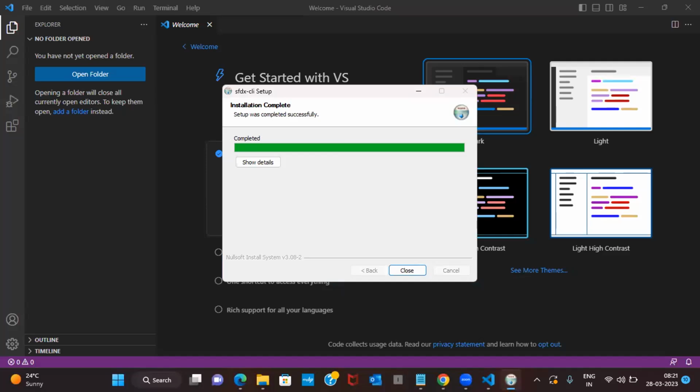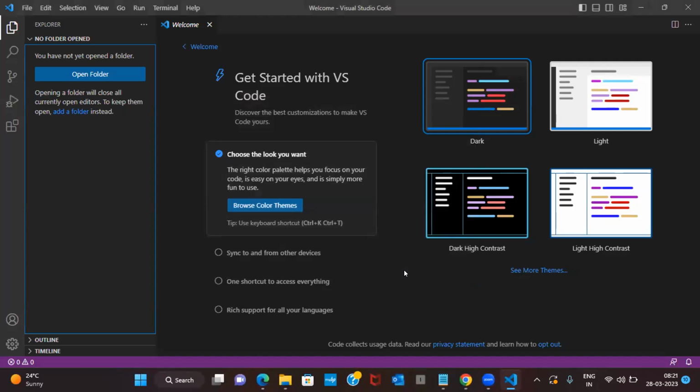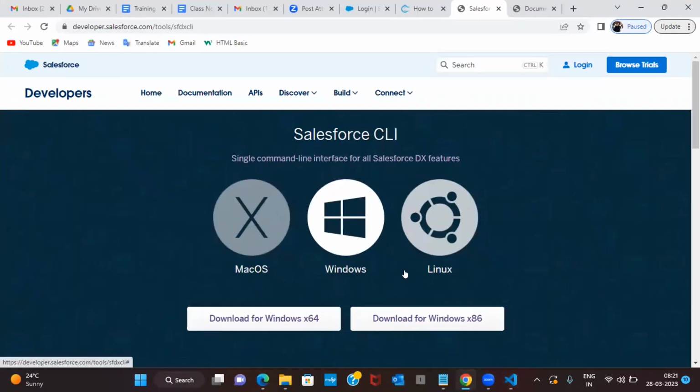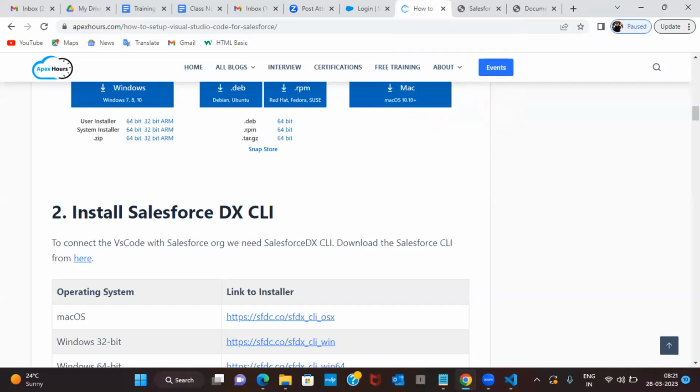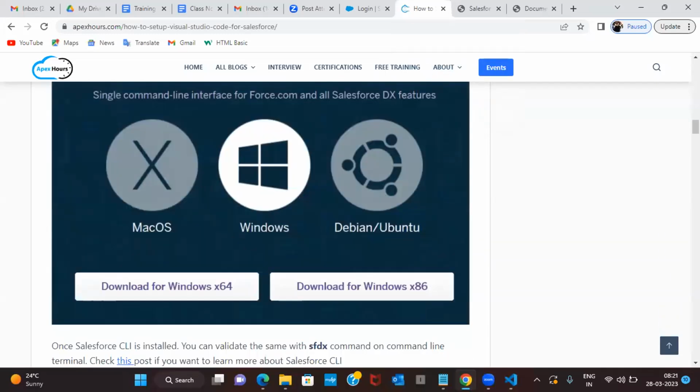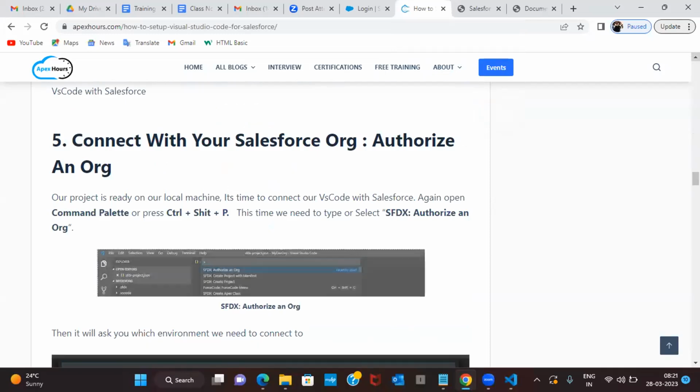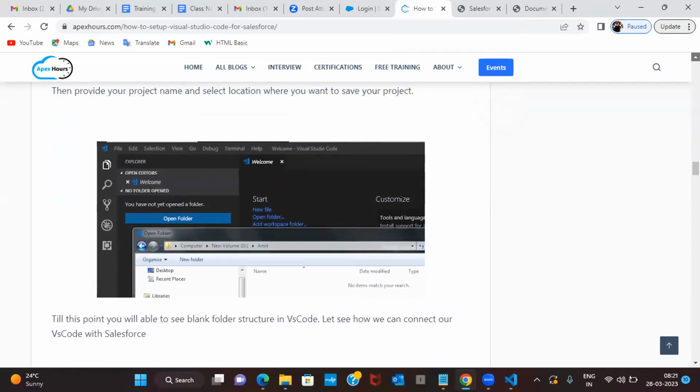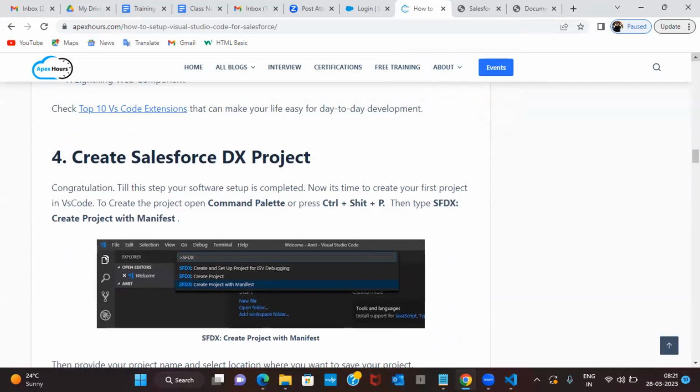Okay. Now it's completed. I'm marking it as closed. My second step is also completed. Now I need to go to that particular link, and next I need to check what is the next step. Okay. The third step is